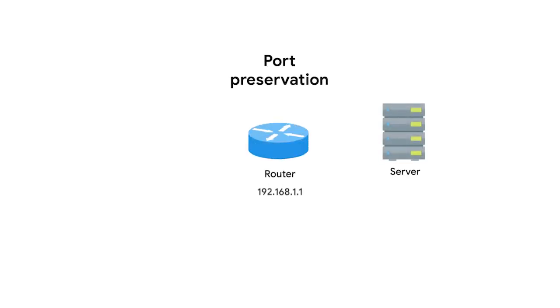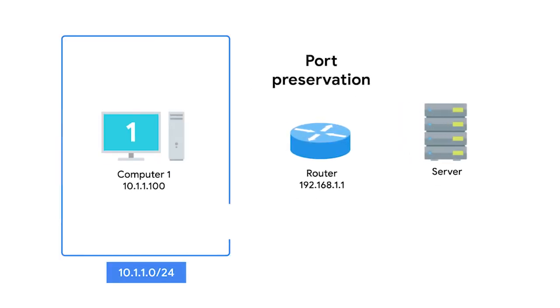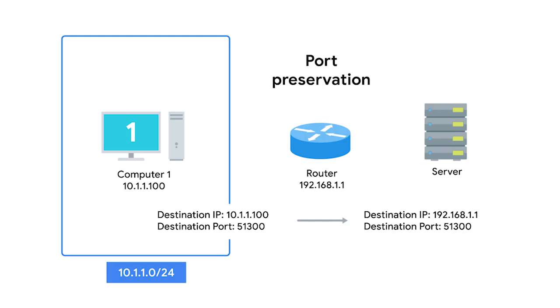Let's imagine a device with an IP of 10.1.1.100. It wants to establish an outbound connection, and the networking stack of the operating system chooses port 51,300 for this connection. Once this outbound connection gets to the router, it performs network address translation and places its own IP in the source address field of the IP datagram. But it leaves the source port in the TCP datagram the same, and stores this data internally in a table. Now, when traffic returns to the router on port 51,300, it knows that this traffic needs to be forwarded back to the IP